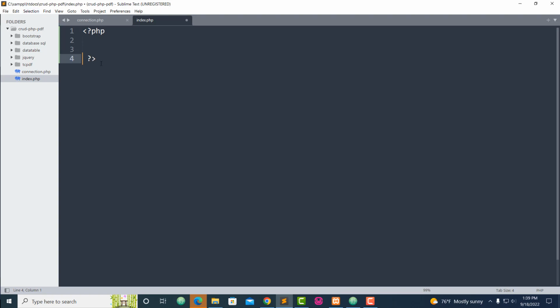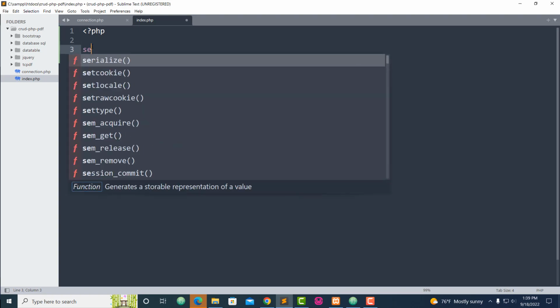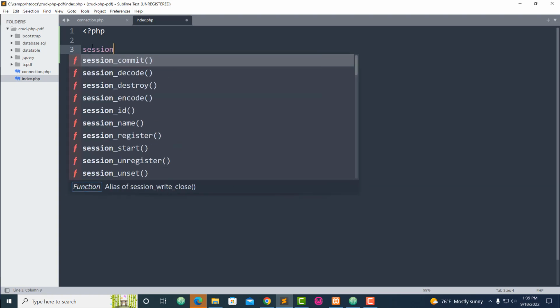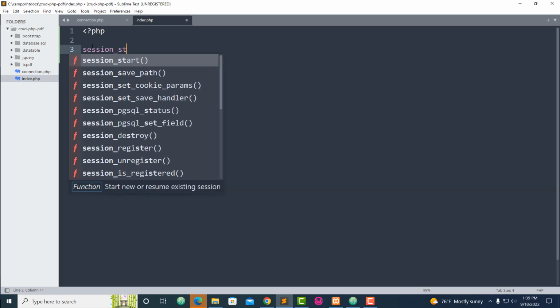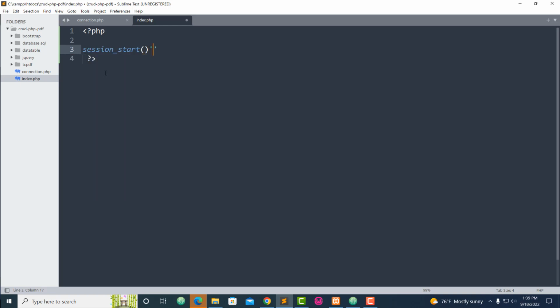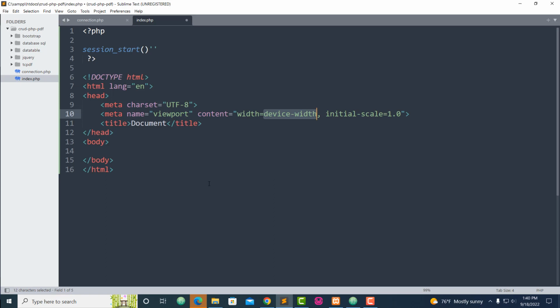I say PHP, and I'm going to use a session. Okay, session start, like this, and then go here, HTML. Nope, if I do it this way, oops, click on tab. Okay, all right, so now let's continue, and I'm going to put a title, put something like